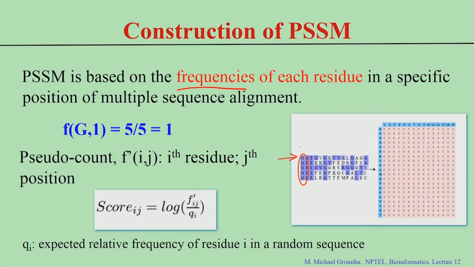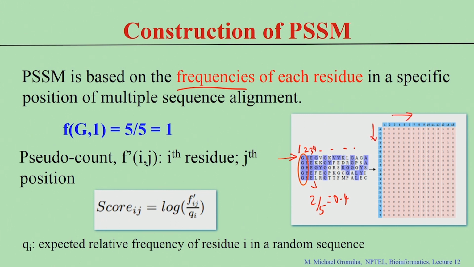If we take position number 1, 2, 3, take position number 1. What is the probability of having G in position number 1? What is the frequency of occurrence of glycine in position number 1? You can see 1, because there are 5 sequences, and among the 5, all are glycine, so 5 by 5 is equal to 1. Likewise, what is the frequency of glycine in position number 4? It is 2 by 5, which is equal to 0.4. Now we have the 20 different amino acid residues here